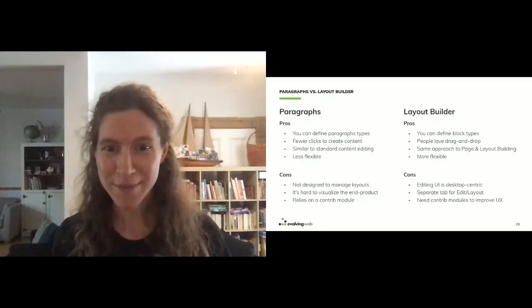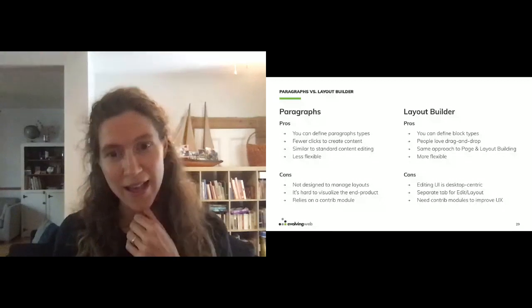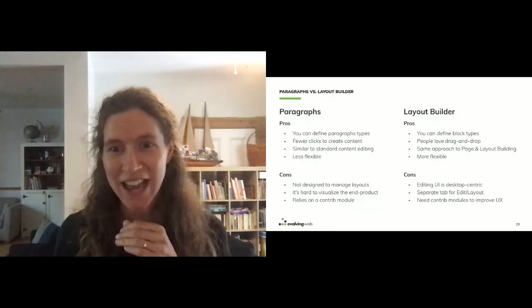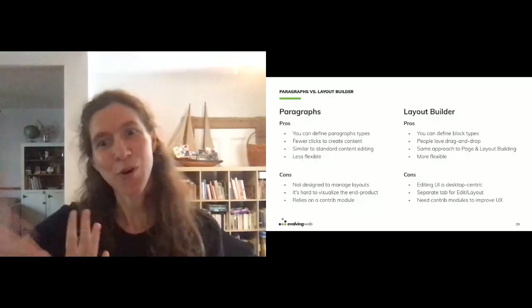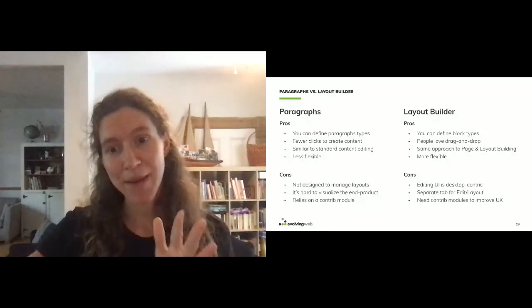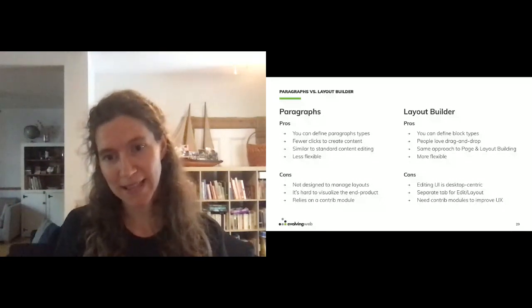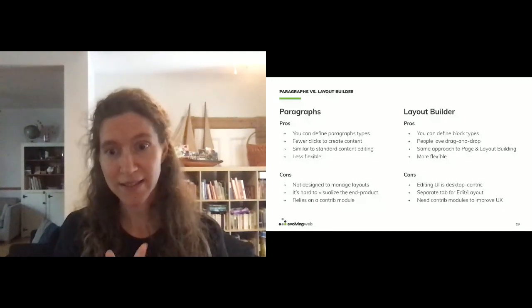The layout builder, some negatives about it. The editing UI is kind of desktop centric. So when we think about building a layout with 3 columns, of course, the 3 columns are going to appear on the desktop, but anyone viewing the same page on a mobile device is going to see this more collapsed layout.